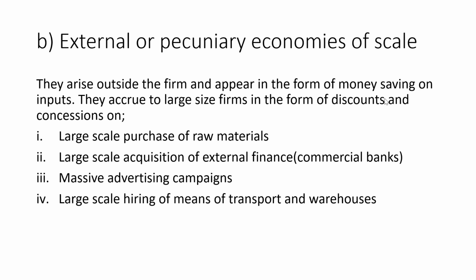In a competitive market, input prices go down in this case, and when input prices go down, the costs of production are reduced. So the benefits of decreasing input prices are available to the expanding firm in addition to the discounts and the concessions that they are able to enjoy. So the competition between these ancillary firms leads to the law of increasing returns, thereby reducing the cost of production.